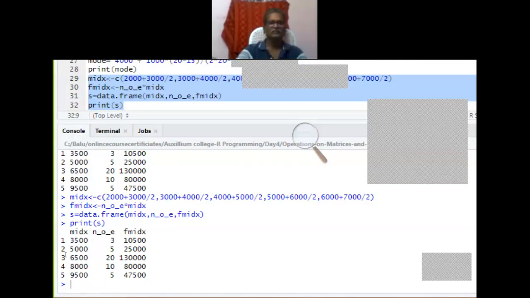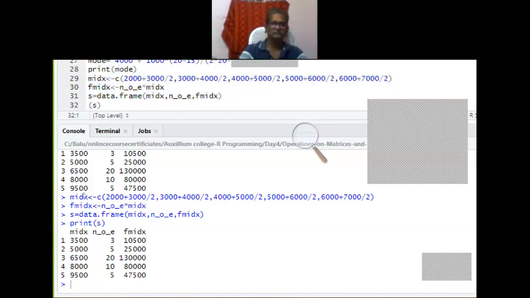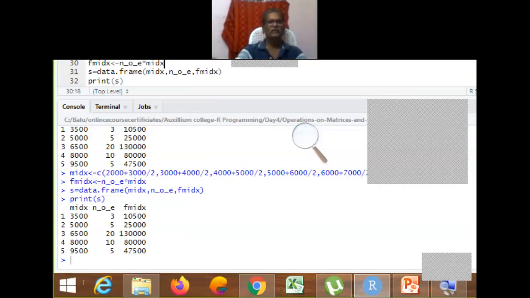Because I used print, you'll be able to see it only in the console window. Print test I have given, so I can see it in the console window. Now how to calculate mean?